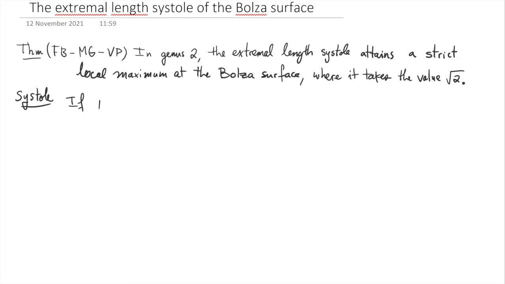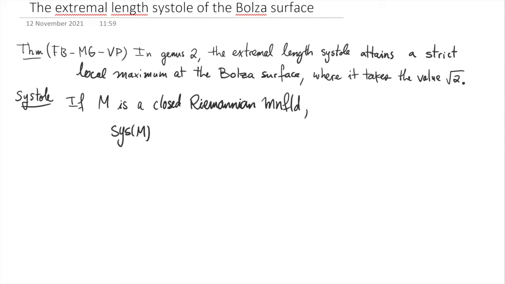So if M is, say, a closed Riemannian manifold, then we define the systole of M as the length of a shortest closed curve in M. So it's the inf of the length of gamma as measured with respect to the Riemannian metric. And here I didn't write the metric in the notation, but it's going to come up later. So M is really a pair of a smooth manifold with the Riemannian metric on it. So length of gamma such that gamma is a closed curve, so a map from the circle to M, and we want it to be non-contractible so that the length is